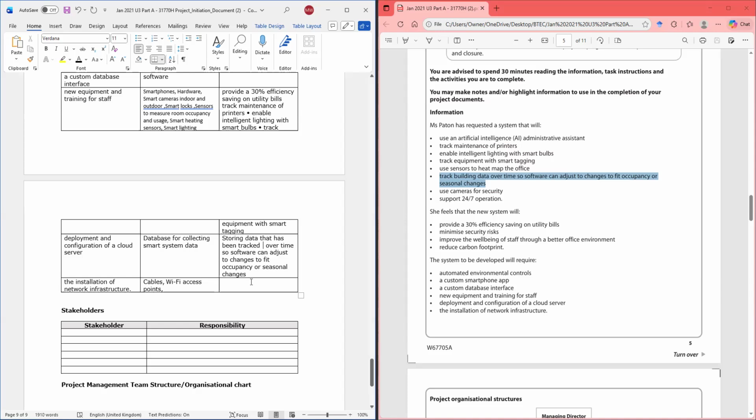If we can adjust the change. Okay. Installation of network infrastructure, used to connect all hardware.